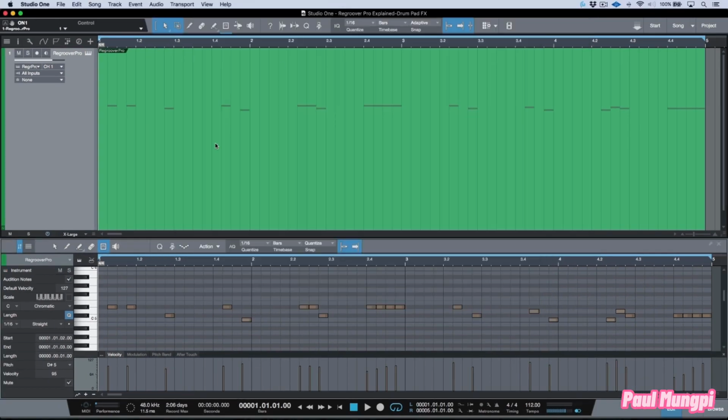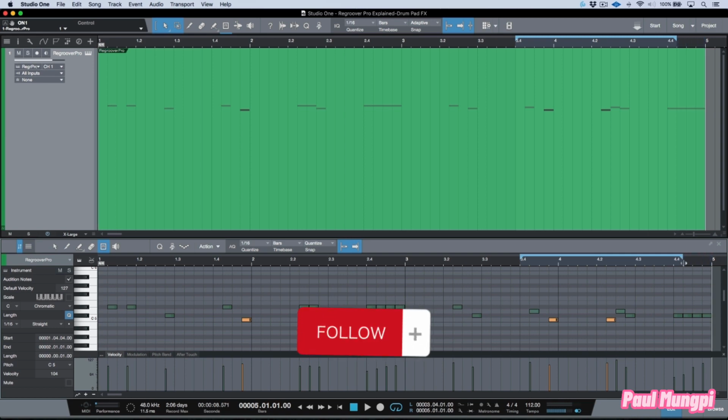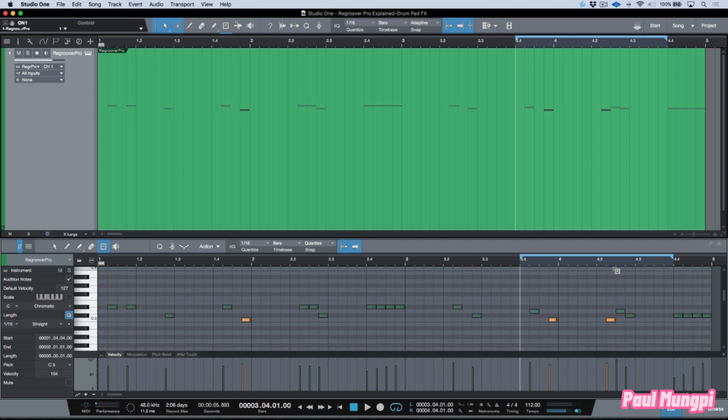Let me just go ahead. Let's just close this for a moment. And let's just work with, for example, the kick in this particular section. So I'm just going to go ahead. Let's activate the kick. And let me just change my looping range over here to something like this. Maybe I'll just move this back a little bit, probably about to here. This might not make sense mathematically, but it will work in terms of demonstrating what we need to have a look at over here. So now if I was to go ahead and play this, we are going to hear